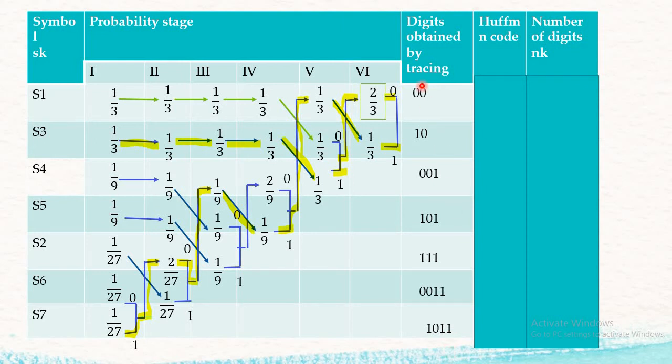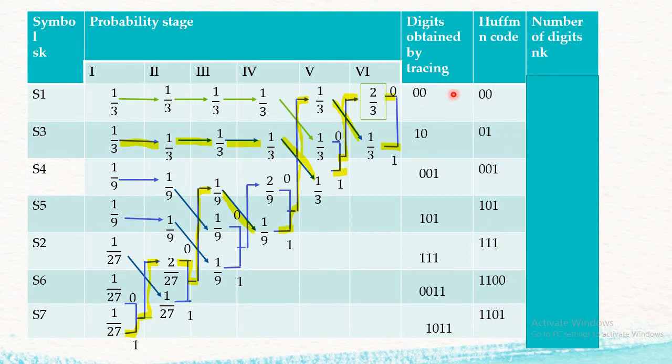So once we have obtained the digits by tracing, our next task is to find out the Huffman code. Now the Huffman code value is exactly the opposite, or what we are doing in this case is just converting the MSB to LSB. So we start writing the value from the left hand side to the right hand side, so it comes out to be my Huffman code. So for the first value the Huffman code is 0 0, for the second value the Huffman code is